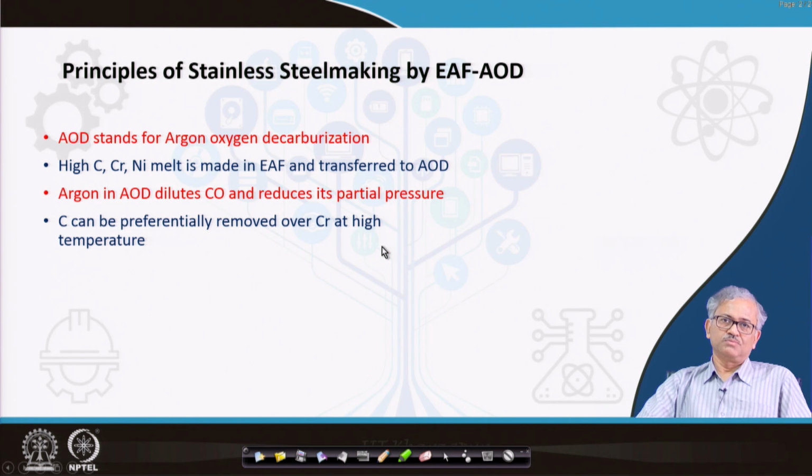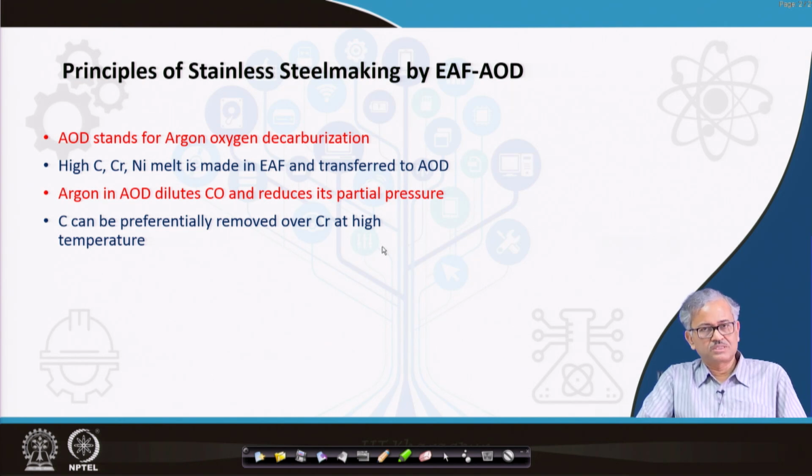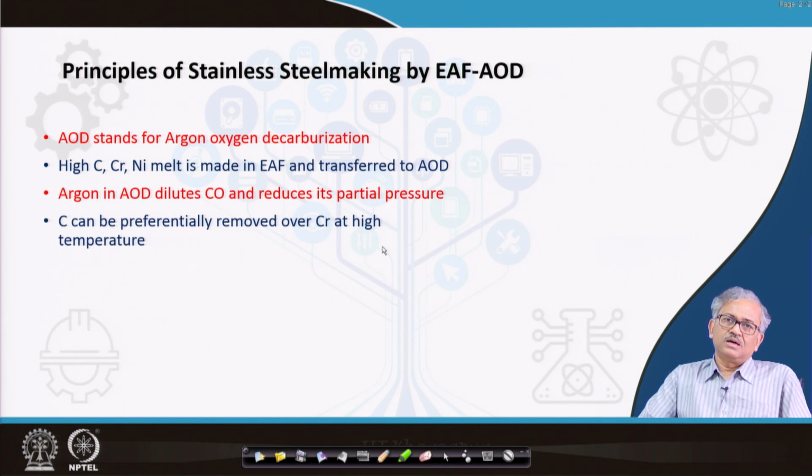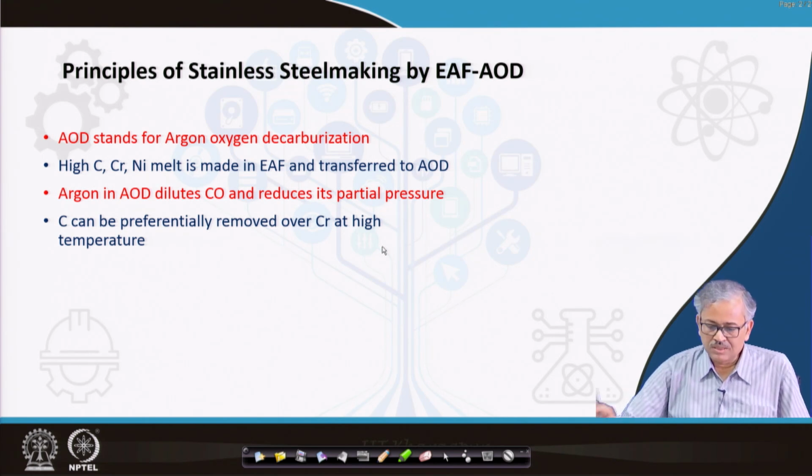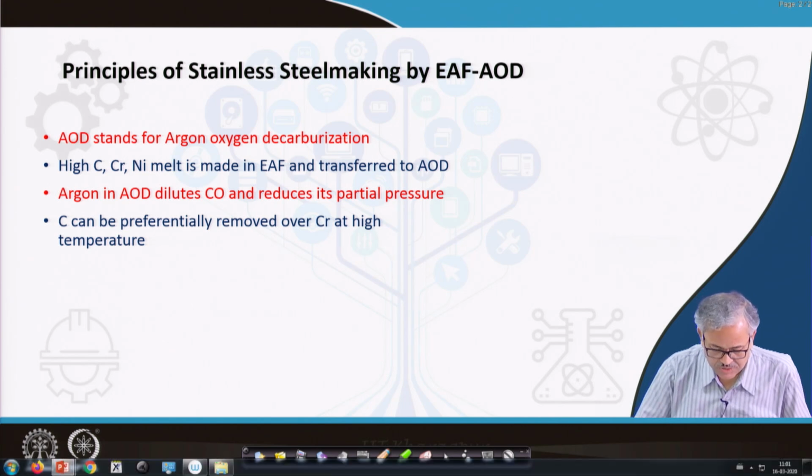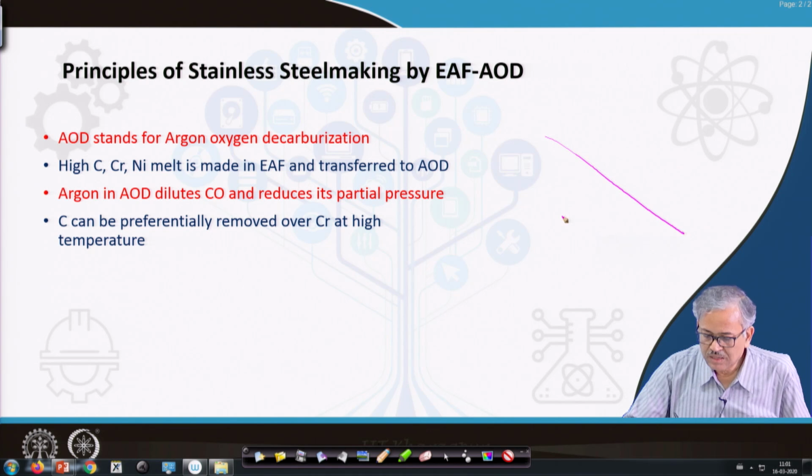That is also possible, because as the temperature increases, I have shown you in the EAF when I was teaching the electric arc furnace steelmaking by rustless process. We have shown that with increase in temperature, chromium oxide becomes much less stable compared to the CO gas, because CO moved in this direction. There is the CO line in the Ellingham diagram. If you see, this is the CO line, it goes like this, and the chromium oxide line is this,